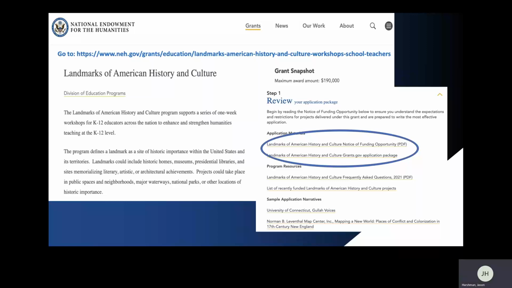This webinar is designed to provide examples and explanation in support of the Notice of Funding Guidelines available at the program website, which can be reached by going to neh.gov. These guidelines are for applications submitted during the 2021 cycle to fund programs offered in 2022. Please note that this recording is not a replacement for the specific requirements laid out in the guidelines, and when questions arise, you should first reference the guidelines provided.